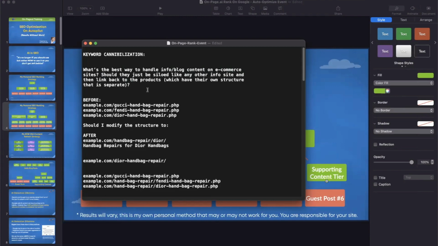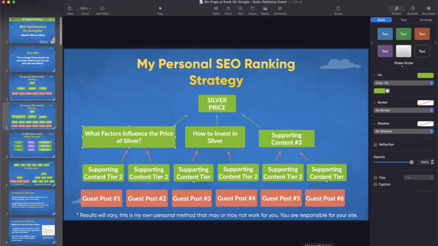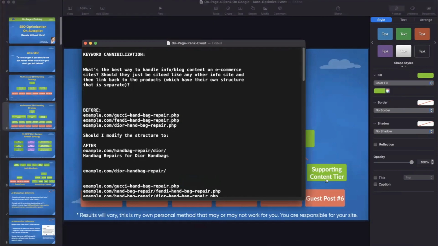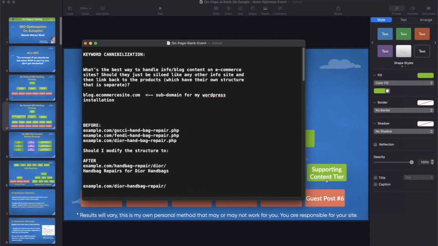So they should all be siloed, exactly like we outlined here. The only thing I want to mention for some websites is, if you have a blog, sometimes I like having blog.ecommercesite.com, and then I basically have WordPress on this. So sometimes I'll have a different subdomain for my WordPress installation for my blog. You don't need to. You can have your e-commerce site and you could have